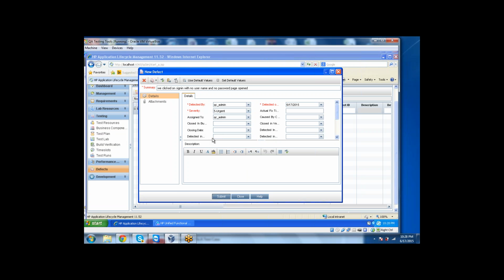Okay, detected date. What was detected? It says either in a cycle version or in a release version, which one our defect didn't go through, so it's nothing. We just leave it empty. If we could type in it, we would type what it was in the execution. Okay. So description, we say here